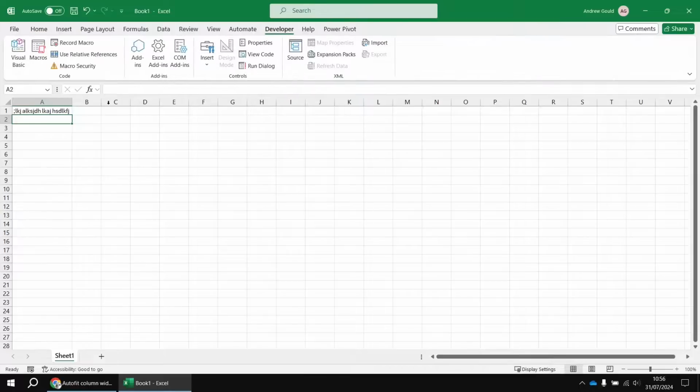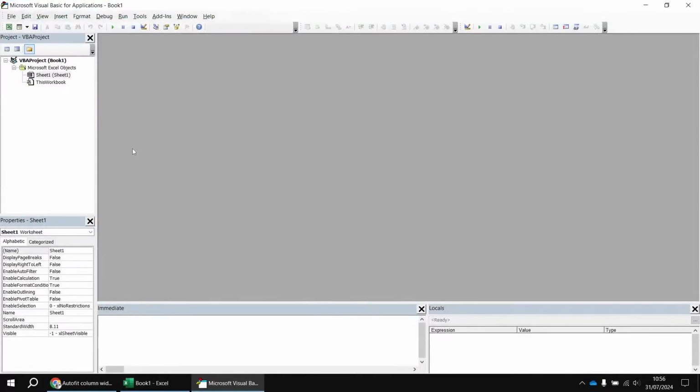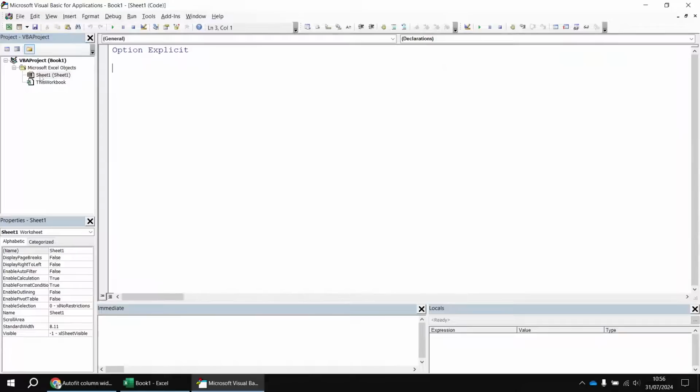If we head to the Developer tab and then open up the Visual Basic Editor, I want to access the events of the Sheet 1 object, so I can double-click on that in the Project Explorer on the left-hand side. And then from the top of the code window, I can use the drop-down lists to select the events of the Worksheet object. So I'll start by selecting Worksheet from the left-hand drop-down list, and then the event that I